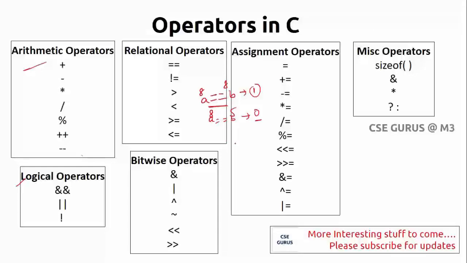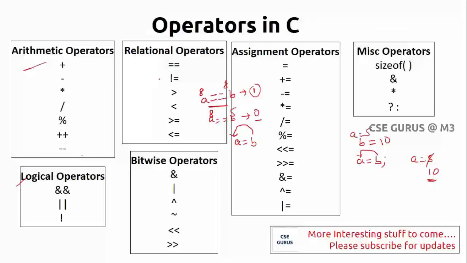Remember this point. If I write A single equals to B, your B value will be assigned to A. Let us suppose B value is 8, so 8 will be assigned to A. Here it is the assignment operator. Let us suppose B equals 10, A equals 5. Now if I write A equals to B, the value 10 will be assigned to A. That means your A value will be replaced with 10, and B is as it is. So this is what happens with single equals to, and double equals to is a comparison or relational operator.